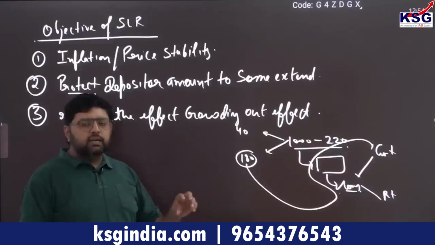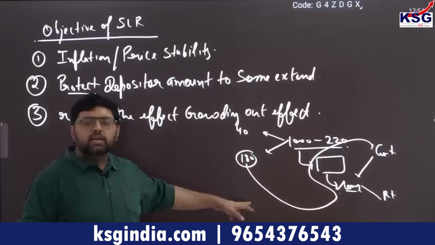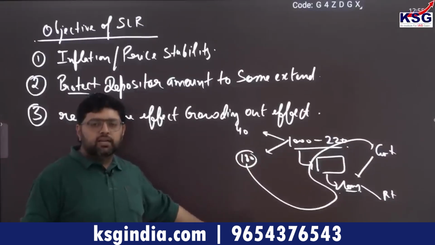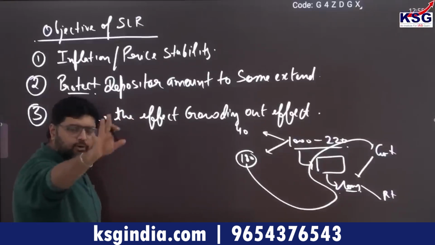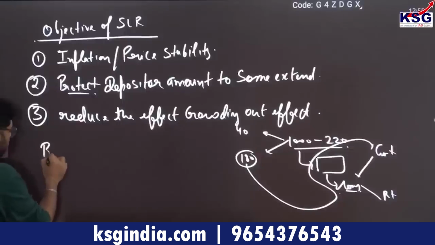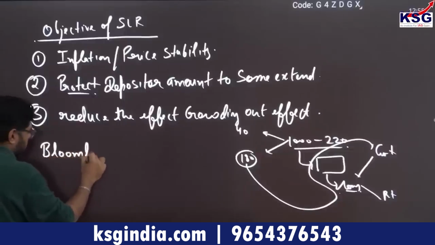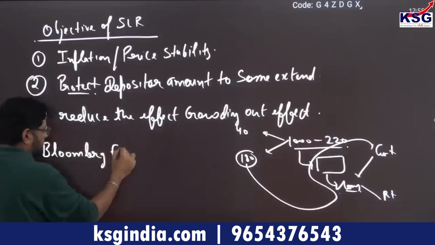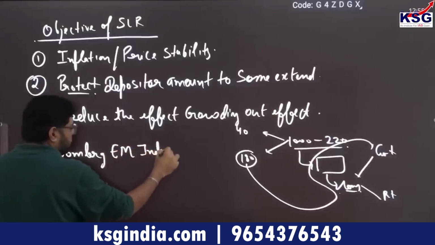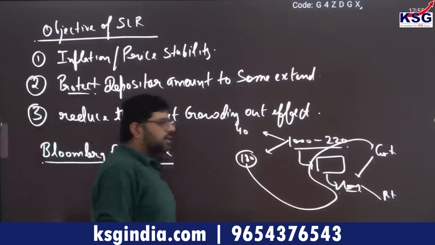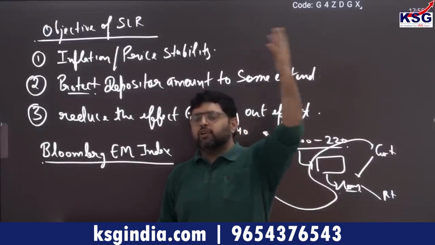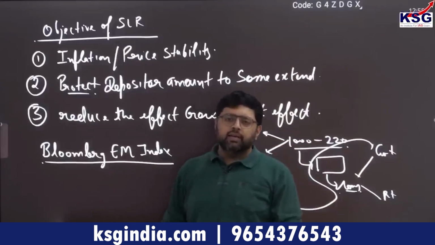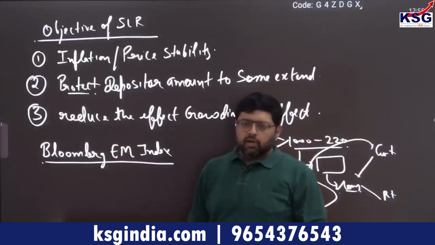So yesterday we have seen that if the government depends on domestic savings, which are limited, then ultimately the private sector is left with very little. So if you search on Google right now, you will get the answer. Bloomberg EM index. This is the news of, I think, yesterday itself. The government has said that we will raise money from the Bloomberg EM index, that is, from foreign countries using this index. And last year they raised borrowing through the JP Morgan index.